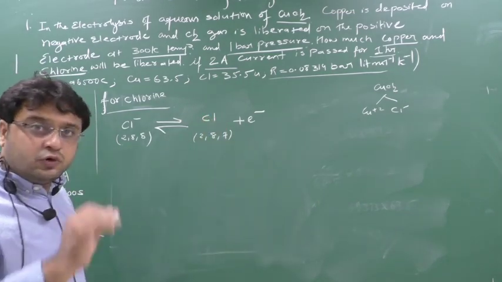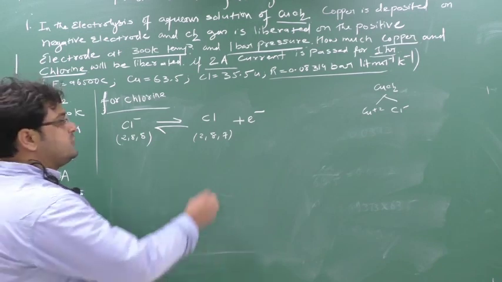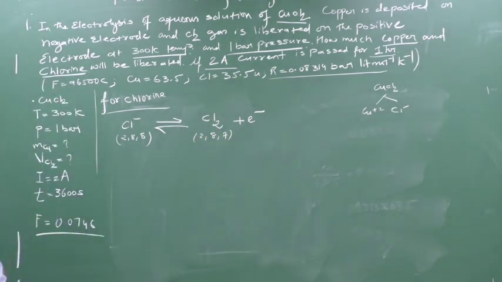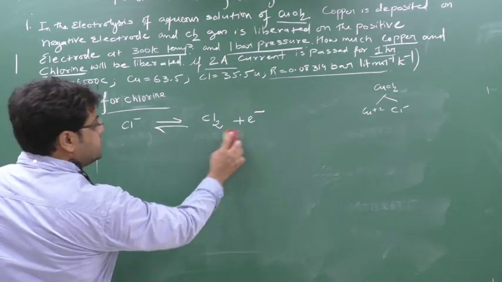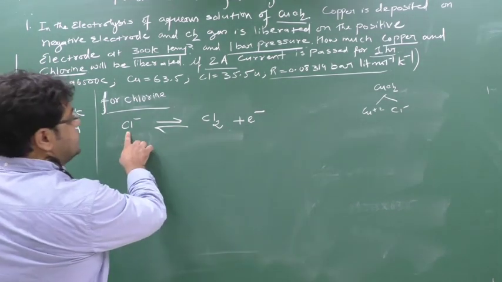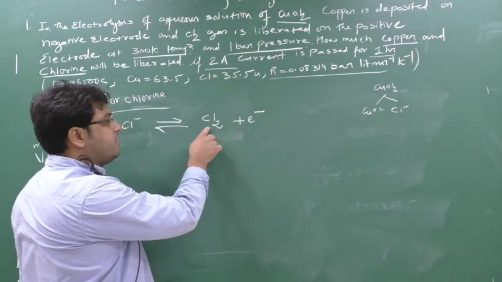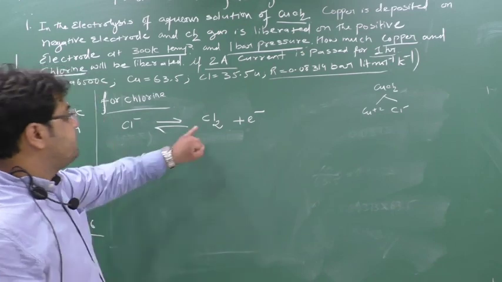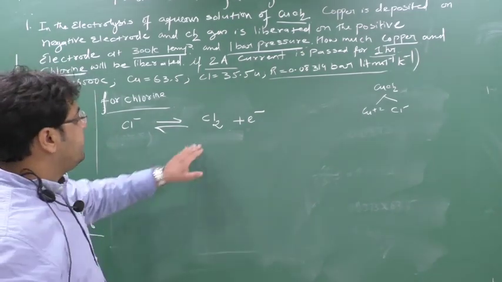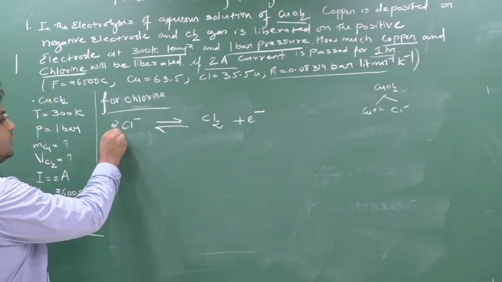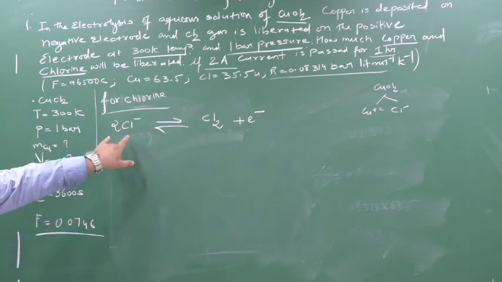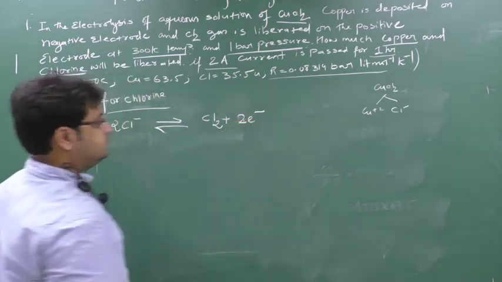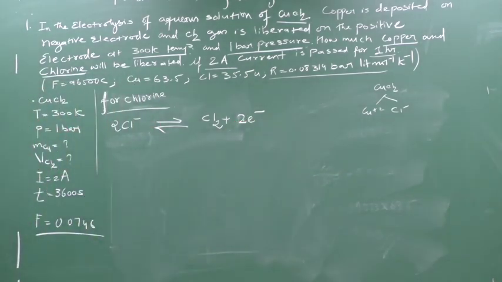That is for chlorine. Now you know Cl is a diatomic molecule. So Cl cannot exist as Cl; it will exist as Cl2. So this is chlorine gas. This is the net oxidation reaction. Cl minus lost one electron and converts into Cl, but Cl does not exist as Cl. It is a diatomic molecule, so Cl will form Cl2. Now how many chlorine do we have? We have 2, so I put 2, with 2 electrons and a minus 2 charge. So this is the net oxidation reaction for chlorine.